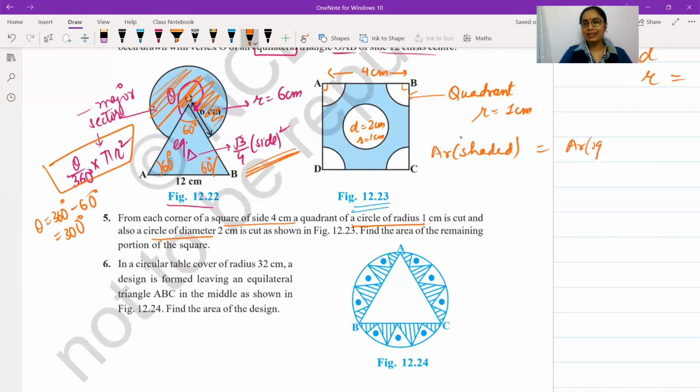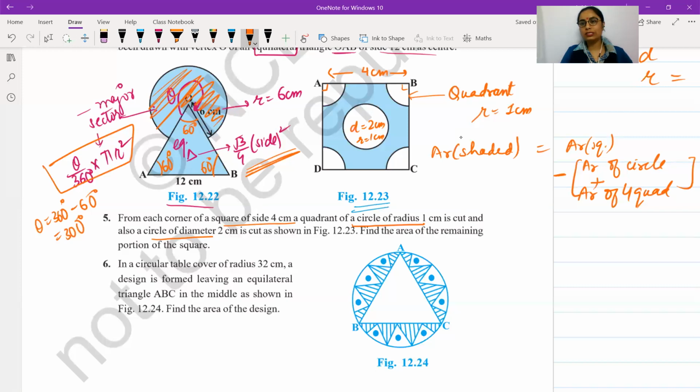That's correct. Just change the order from the total area, which is the square. This is the largest figure here. From this area, we would like to subtract the unshaded areas. That's correct. As you said, area of the circle in the center and area of 4 quadrants. We will subtract both of these from the total area.